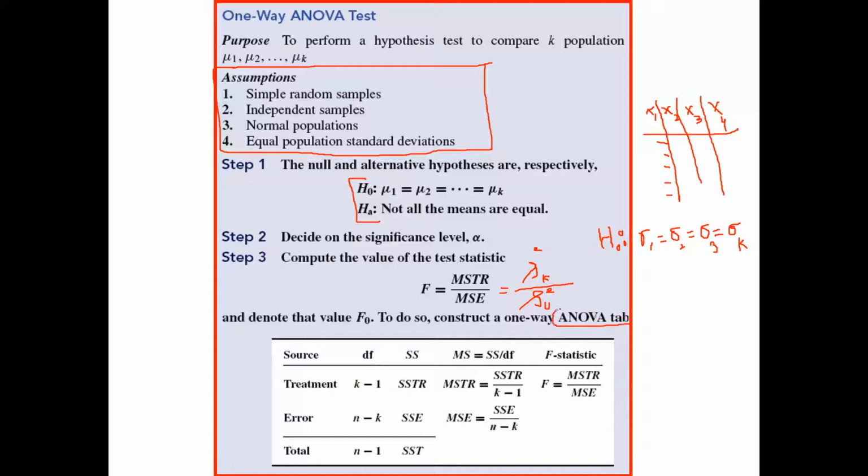The ANOVA table is a table in which we have multiple columns. These columns are fixed. Column number one has sources: between varieties, between salesmen, between teachers. These are the treatments. Error is the unknown source. Another term for unknown source is error. So we can use SSE for it, the sum of squares of error. And finally, we have the sum, which is the total.